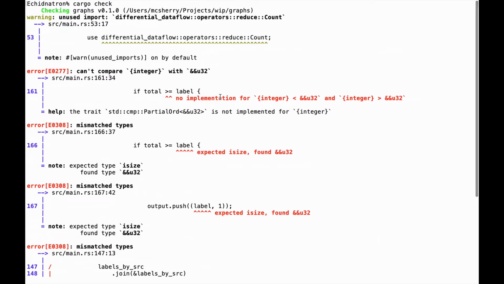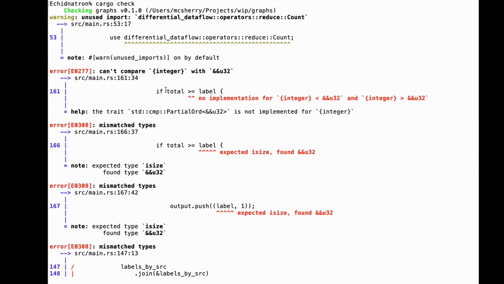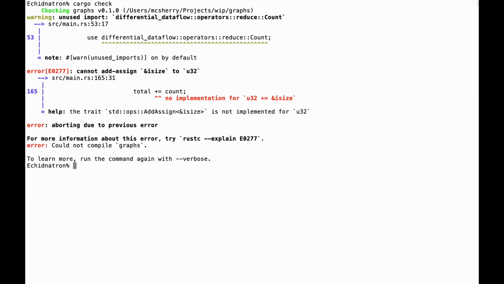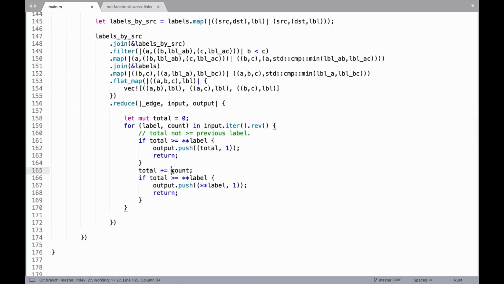Oh yeah, okay. Now this is a bit of a mess. We just have to figure out what's going on here. So these things label, for example, the stuff in input is a reference to data. So it's like a reference to a label, in this case. We're iterating over it, which produces references to the things, and so it's a reference to a reference, this thing here, reference to a reference to a thing. So we need to just do stuff like this. And we'll see if we can plus equals the count. No, we can't. We got to